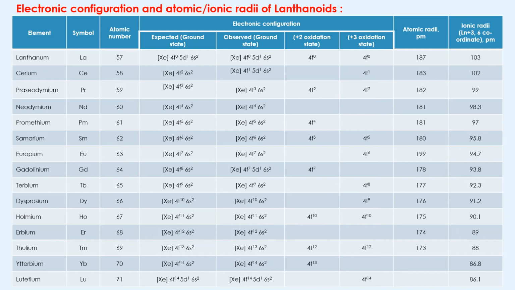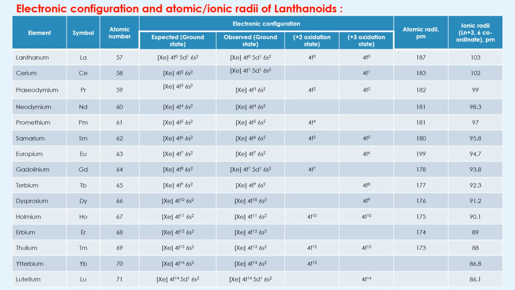One more thing: they told you for gadolinium and for lutetium. In gadolinium, there would be 4f8 6s2, so you have to make it half filled. So what we do is 4f7 5d1 and 6s2. Similarly for lutetium, 4f14 5d1 6s2. It means you have to make your 4f orbital half filled or completely filled. So that is the case for gadolinium and lutetium. In the rest, whenever they don't write any 5d, it means 5d is 0.